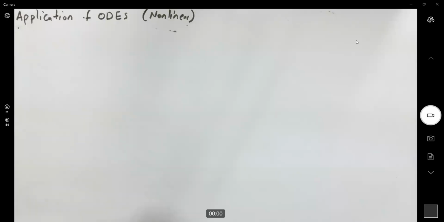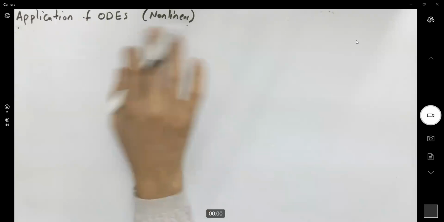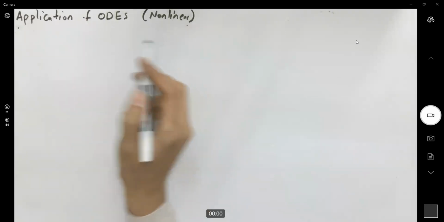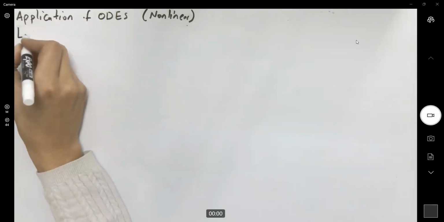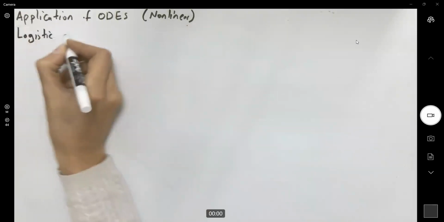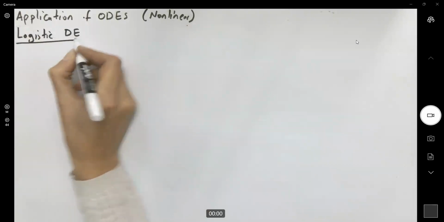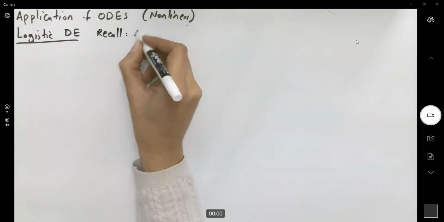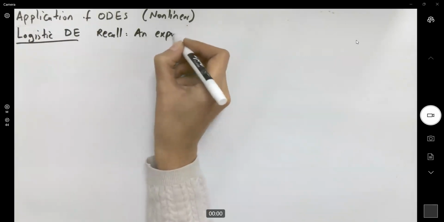So far, we talked about linear differential equations and how to model and solve them. Now we're going to talk about nonlinear differential equations. An example is the logistic differential equation. Recall that, well, when we start talking about an exponential growth model,